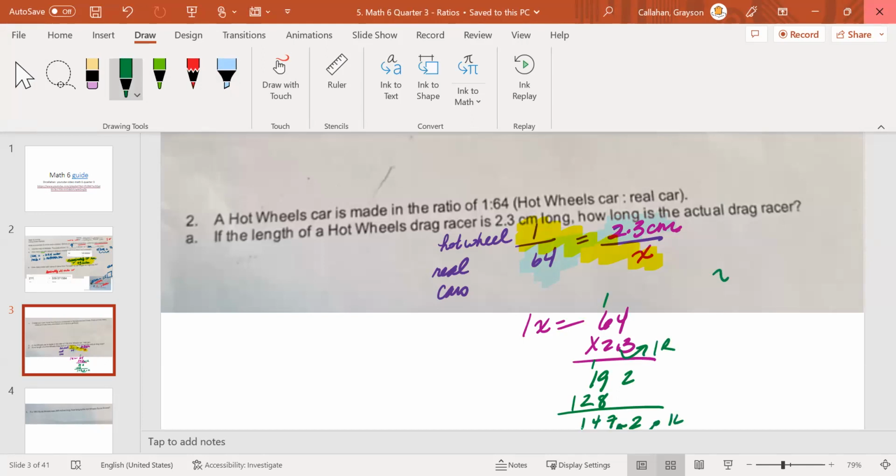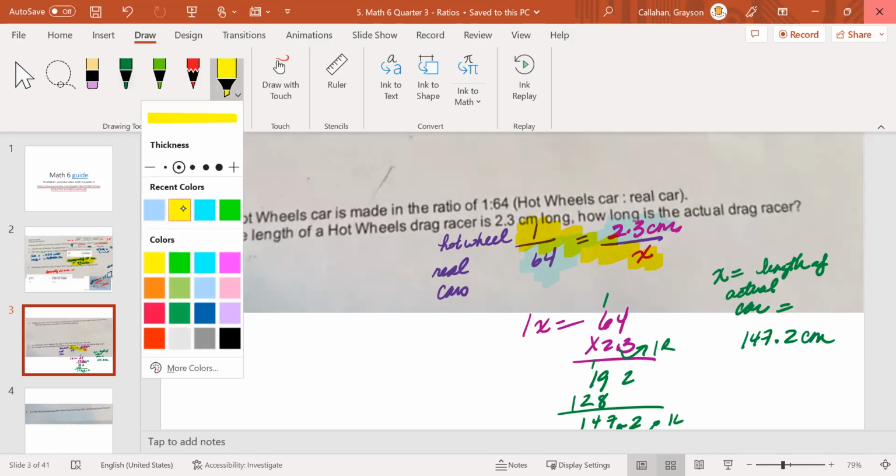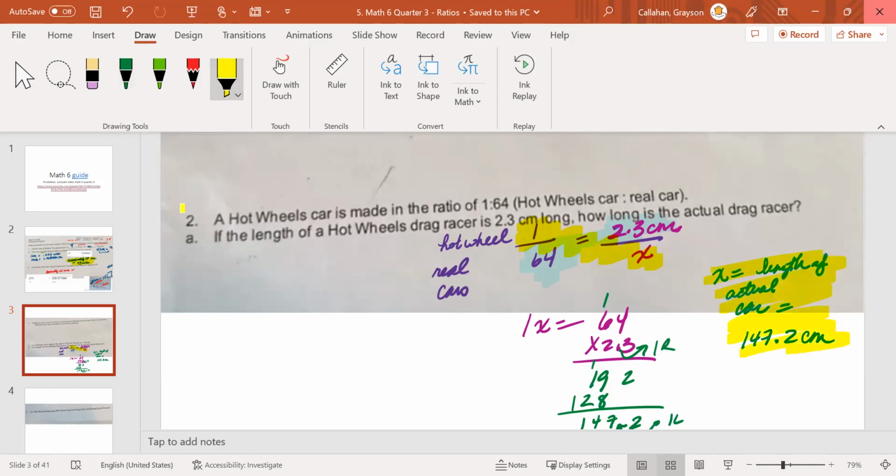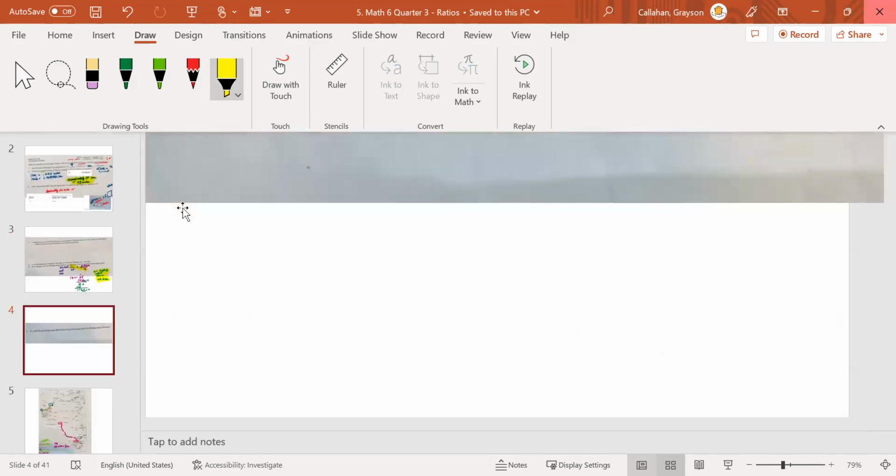So your answer is, so this x is equal to, is the length of actual car is 147.2 centimeters, right? So that's your answer. Okay. Yeah. All right. Next part, let's go on to,